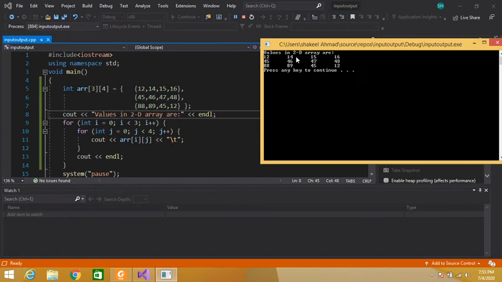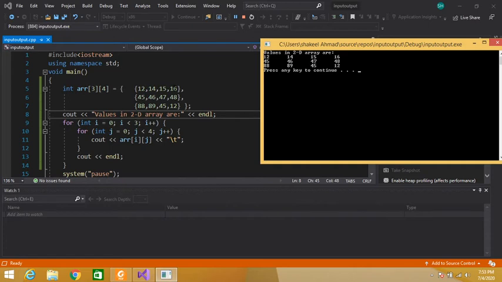\t, there is a tab between the values, then our loop is again closing braces. So the control will again jump here to increment the value of j. Now j becomes 2. So 2 is less than 4, yes. Again here arr of i contains 0, 2. So this is our 0 row and this is our 0, 1, 2, second column.